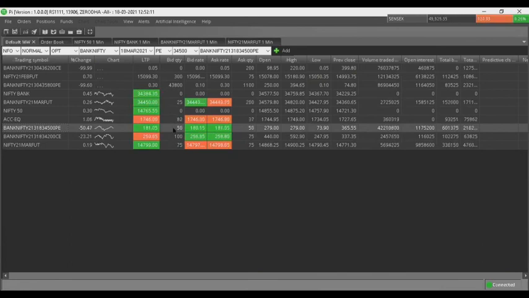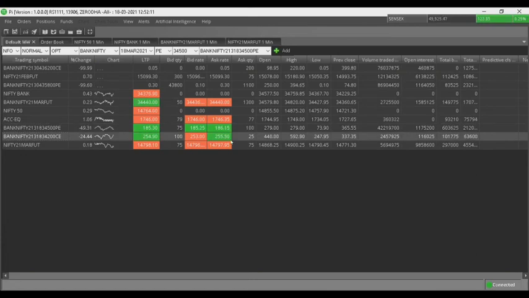Then take a look at the next one that I have highlighted here. The lowest is about 248, the highest is 592. Currently it is 251, so it is on the lower side. So if somebody had bought it at 592, they are losing in a big way right now.